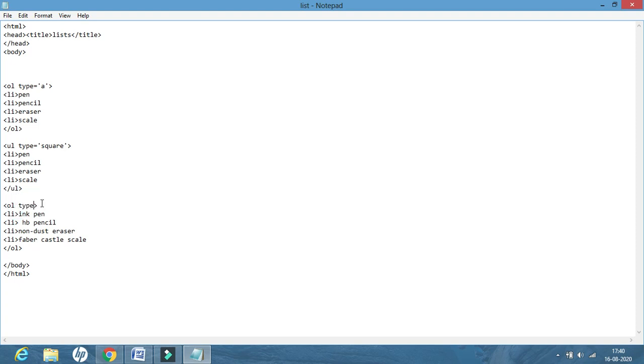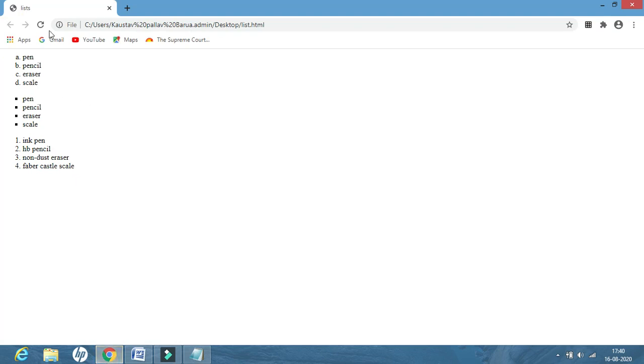I will write here type equal to A, always the first character. Now let us see, and ABCD again. Now if I want to display a continuation of this list, that means A, B, C, D, so this will be using bullets only. Then E, F, G, H, I want a continuation to be displayed in the second list.